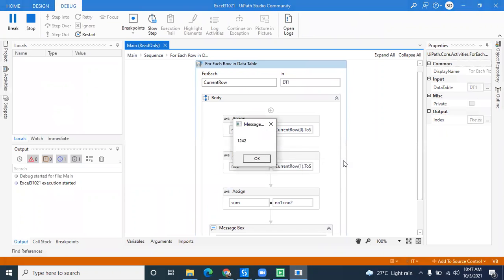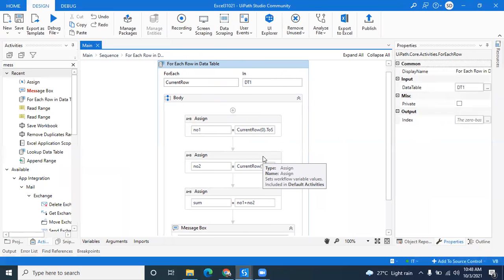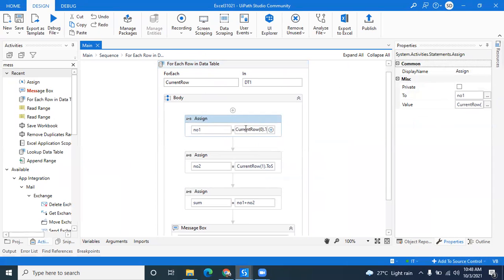What is it coming? 1242. Yeah, I have 1242, purposefully done the same here. So you have concatenated the strings, not the integers. Yes, exactly. The next is coming 3212, 1411, 5432, 6762, 87721. So the reason is the type I have selected is string.